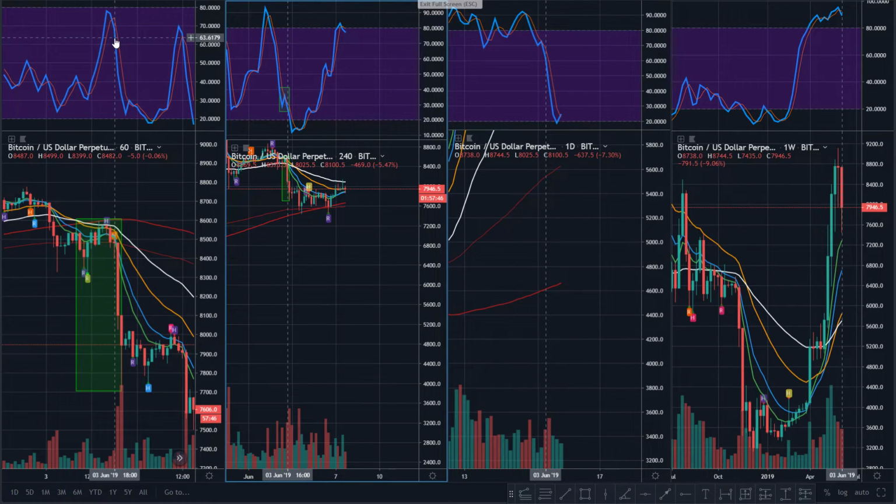And the fact that you had that bear cross, even if you were a little late, it might have been somewhere in this stage on this candle, not this big one, you certainly would have been out if not short, and put yourself in a position to where now, if we look over here on that 4 hour, you see where that line is. We're likely seeing that bear cross again as well.